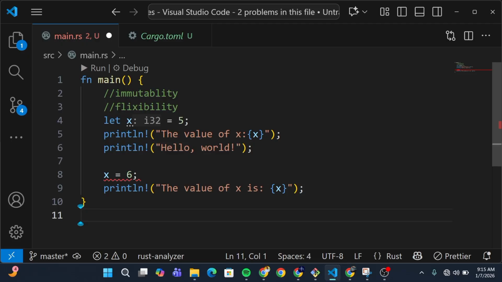And so one of the trade-offs of immutability is that it doesn't give you that flexibility to do what you want, right? To change a variable that you want to change, right? That flexibility is not there. These are one of the trade-offs, right, when using immutability in Rust. And one of the failure scenarios is when you're trying to, let's say